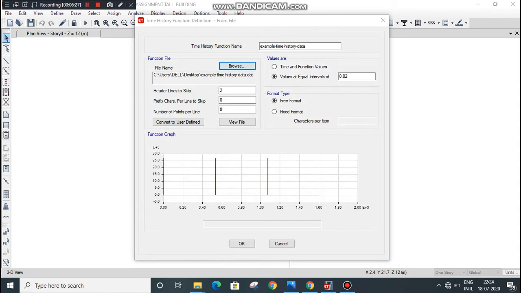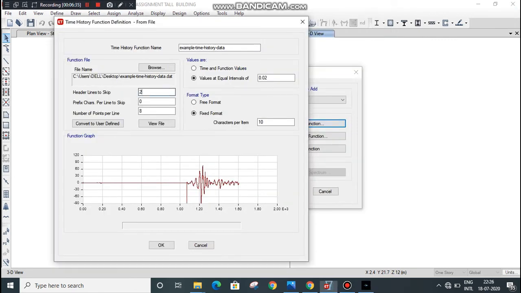Format type should be fixed. Header lines to skip are 9 because our data after 9 lines will be showing. Therefore click on 9. Number of points per line are 1. Click on OK.